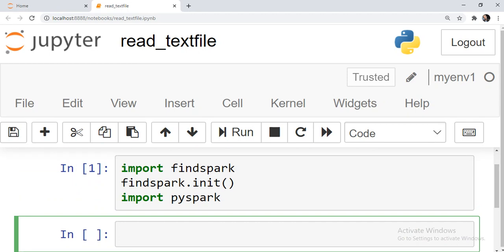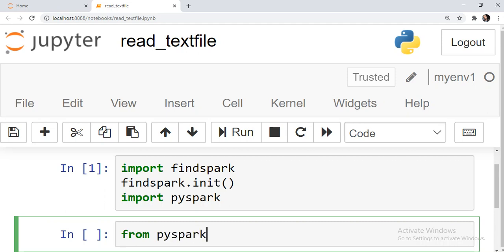So now as PySpark is set up in my notebook, I will start importing all the packages and libraries that are required. First of all, we will need a Spark context and then a Spark session so that we can read the file on top of that session.